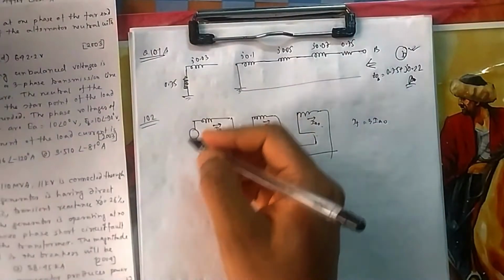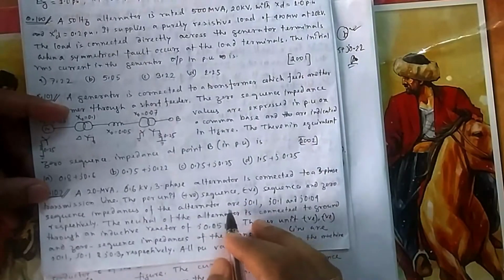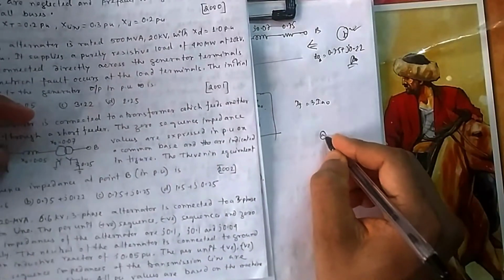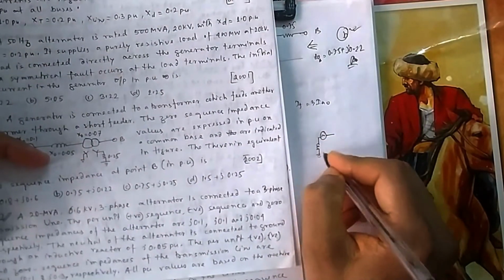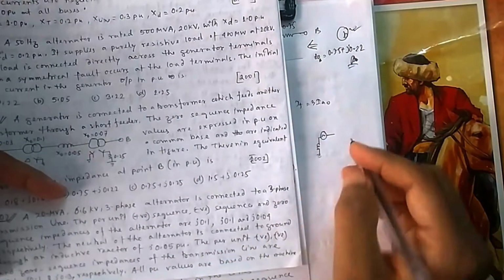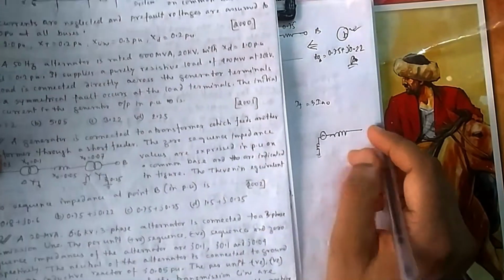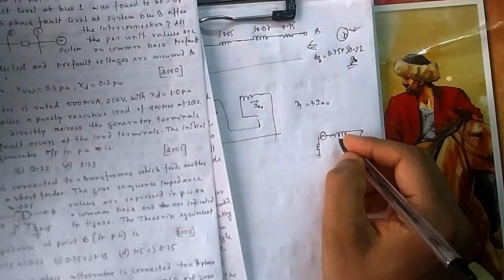This is the positive sequence impedance. What will be the positive sequence impedance? If you see, it is already given 0.1. Then there is the alternator, and the alternator neutral is connected to ground, so there will be some Zn, and then the per unit impedance of the transmission line. Then there is the transmission line, and that's it up to this much, and there is a fault here. Okay, so the positive sequence impedance of the transmission line is 0.1, and the generator is 0.1.